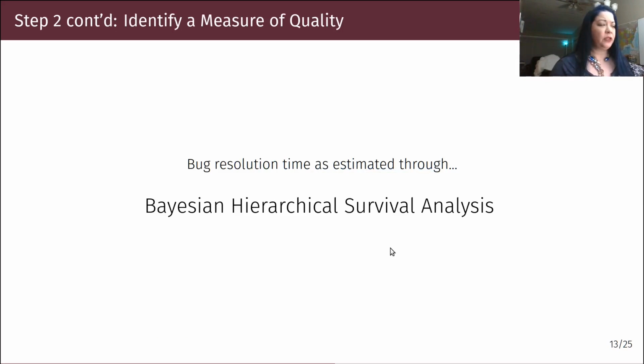Another problem with using bug data for a distribution like Debian is that some packages have relatively few bugs or may have a high variance for resolution time. So to calculate an estimate of problem resolution for each package, we use Bayesian hierarchical survival analysis of bugs. A Bayesian approach lets us make progressively better estimates as we have more information. A hierarchical or multi-level analysis lets us take a partial pooling approach, making use of what we know about the